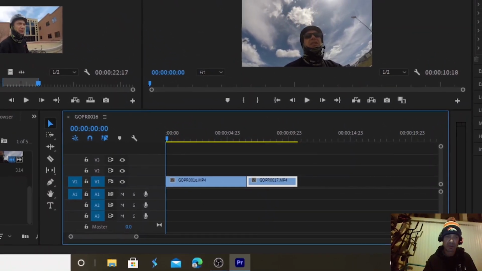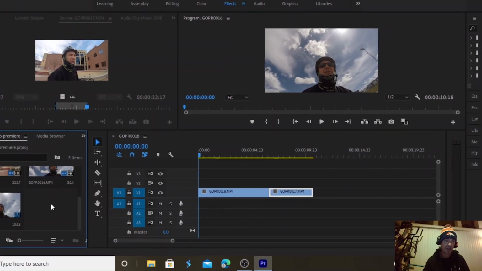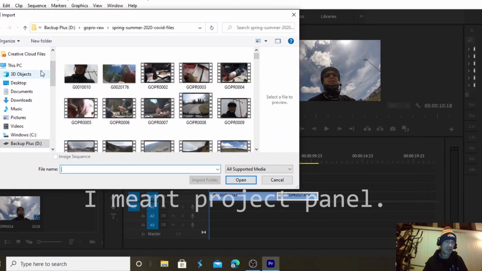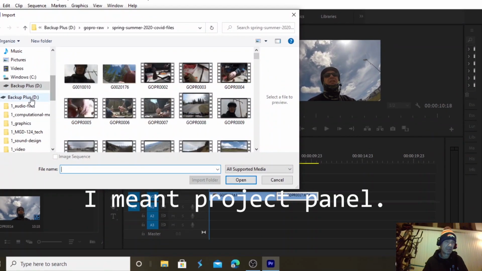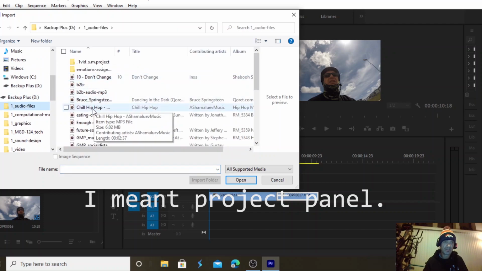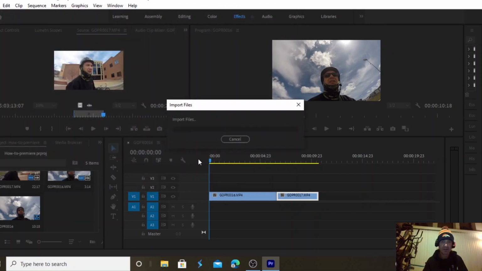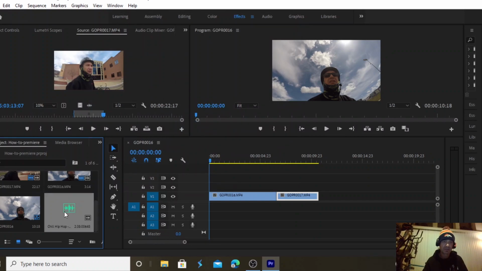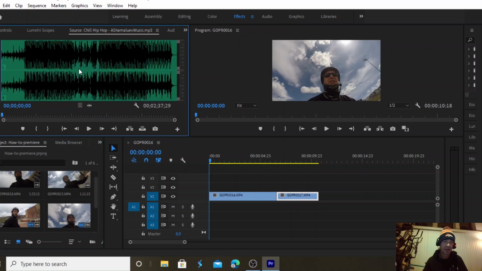Now we want to put a little soundtrack on here. So again, I'm going to double click down here in the source panel. I'm going to find my audio files. Let's find a little soundtrack. Chill hip hop sounds like a nice one to use. So once we have it here, same thing with the chill hip hop soundtrack, we can just drag this up into here, and say we want that to start just before the heavy beat hits, and we want to skip all this. We're just going to come to here, and once again hit I to create an endpoint,